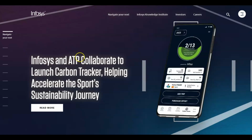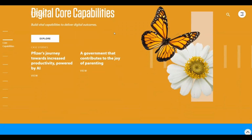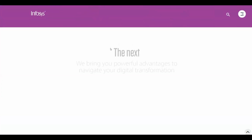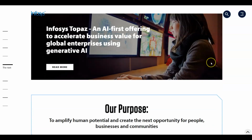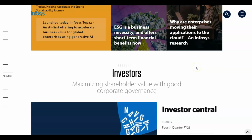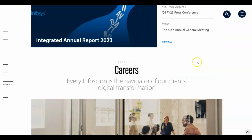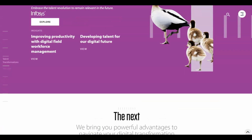Today we are going to do a fundamental analysis on Infosys. So this is the website of Infosys. You can go through the website and have a better understanding as to what exactly Infosys is doing and what exactly are the future prospects they may be thinking about. Okay. Now let's move on to